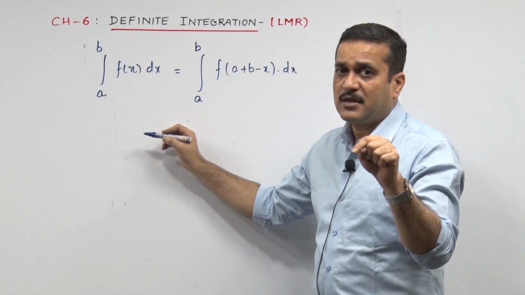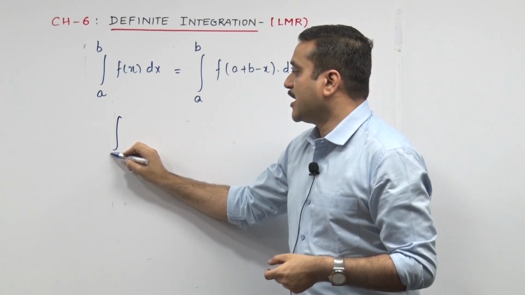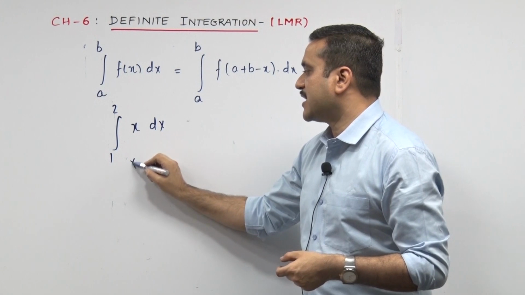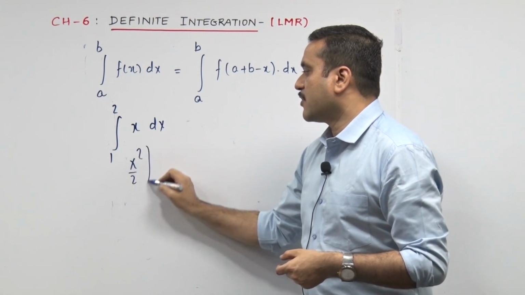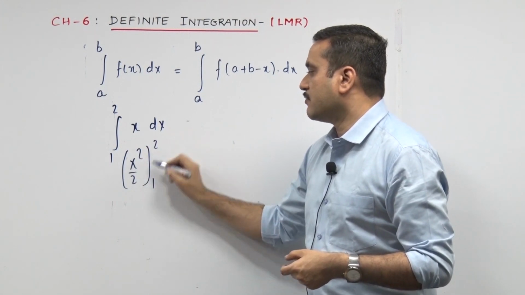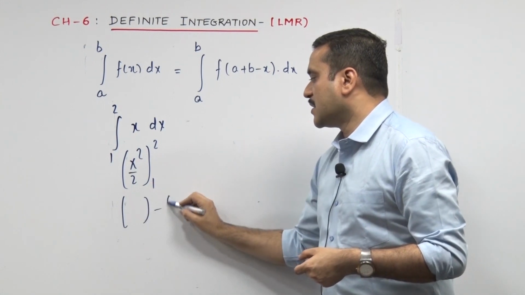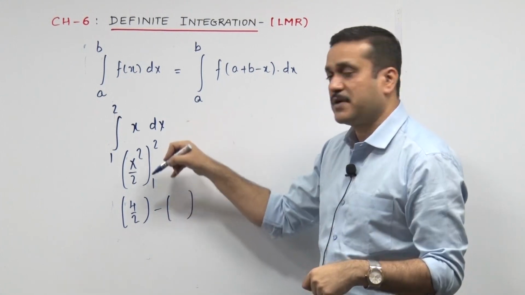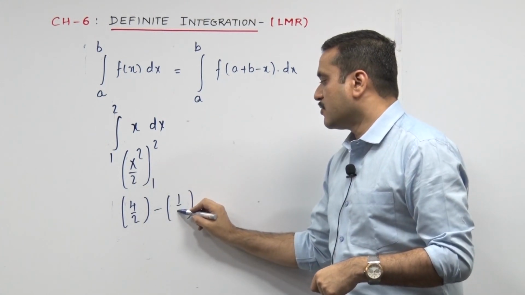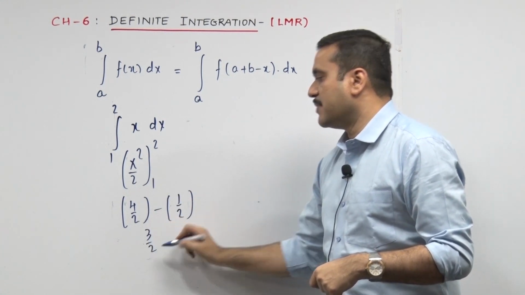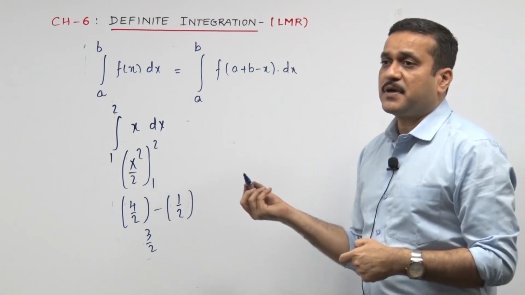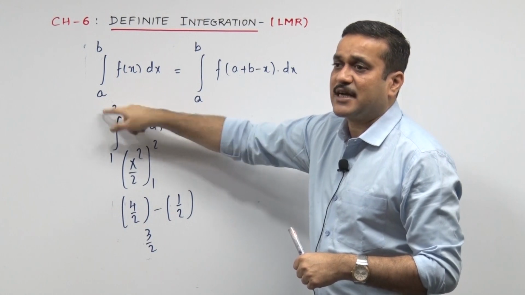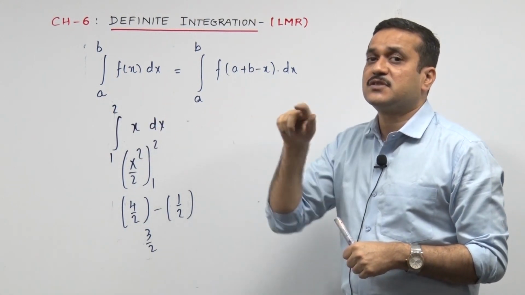Now, coming back, to convince you, let's pick up the same example one more time, but this time not 0 to a, but a to b. So I'll go integrate 1 to 2 x dx. Again the integration goes x square by 2, taken from where to where? From 1 to 2. We go upper minus lower, upper 4 by 2. I hope you are comfortable. Lower 1 by 2. That comes to 3 by 2. Now the property allows me to change my x to a plus b minus x. That means 1 plus 2 minus x. That means 3 minus x.